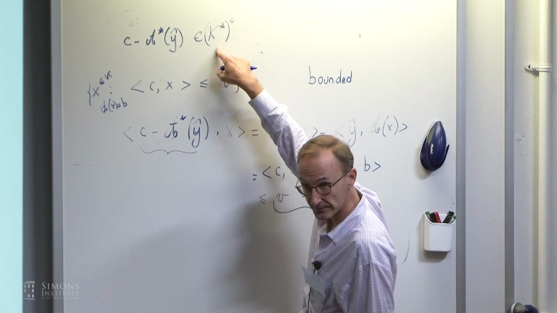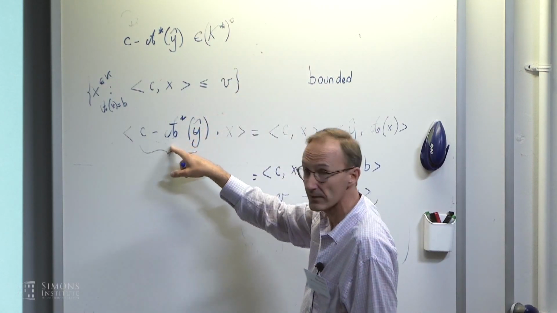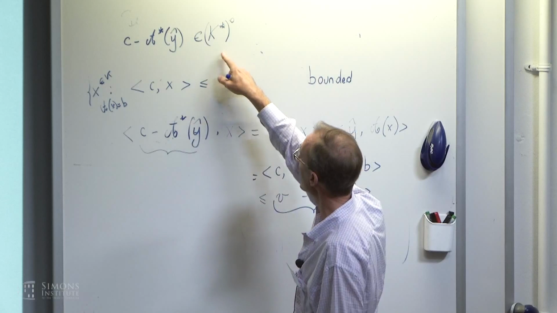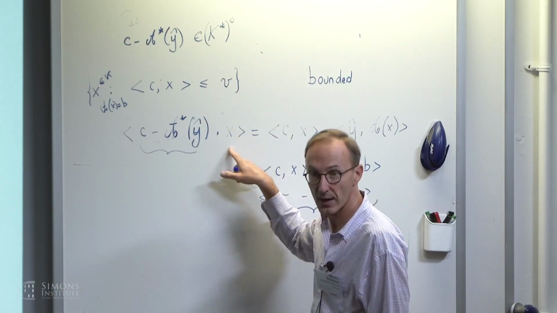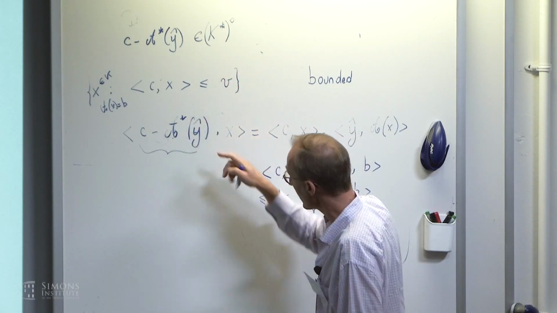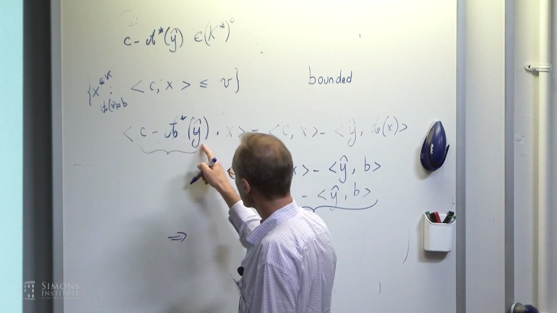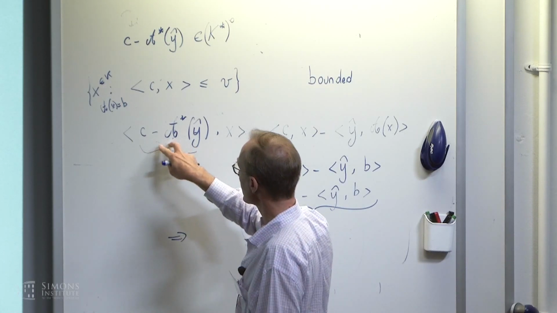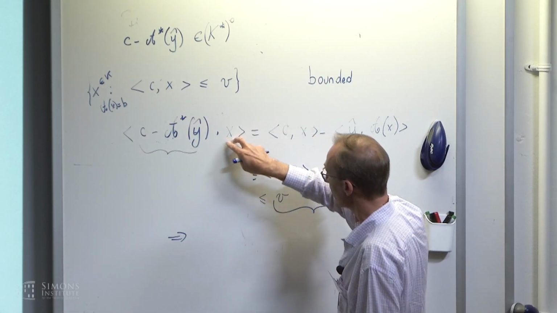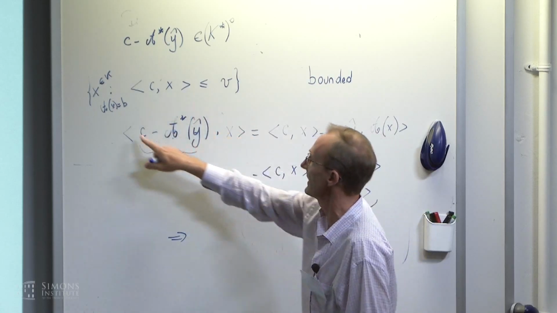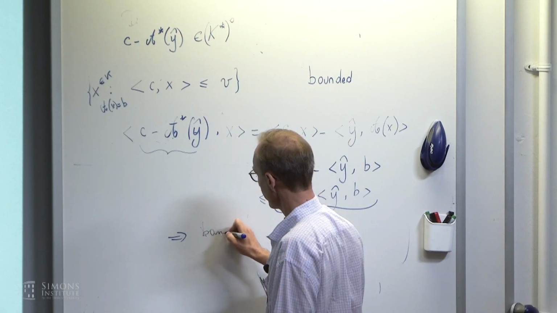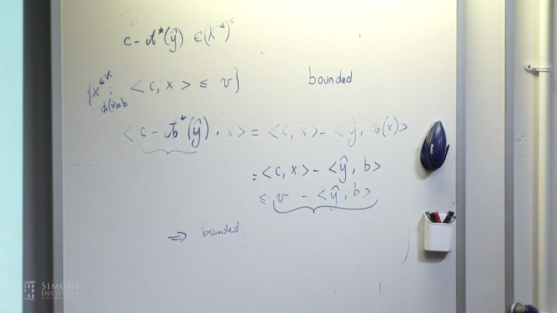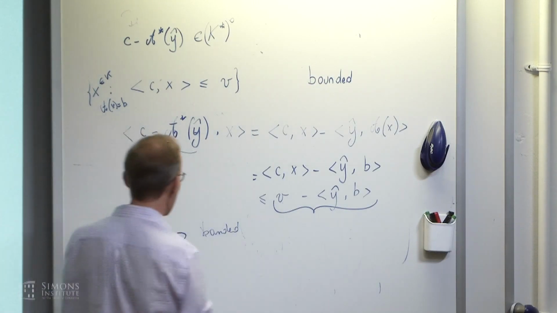But this is in the interior of K star. So there is a small ball around it that's still within K star. That means that x will be bounded, so the intersection with K will be bounded. If I look at the radius of a small ball, x will be in a ball of radius inversely proportional to that times this. So this is bounded. If it is bounded, the infimum is attained, and so that's a minimum. Now that you have a minimum,